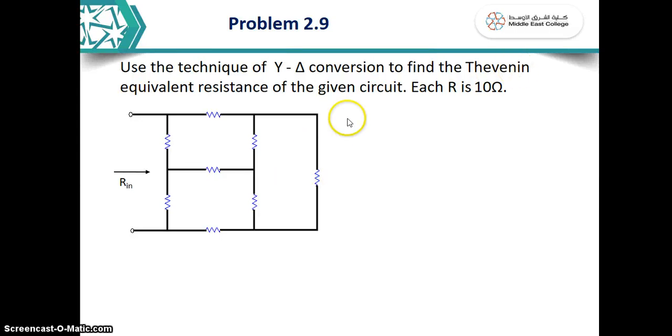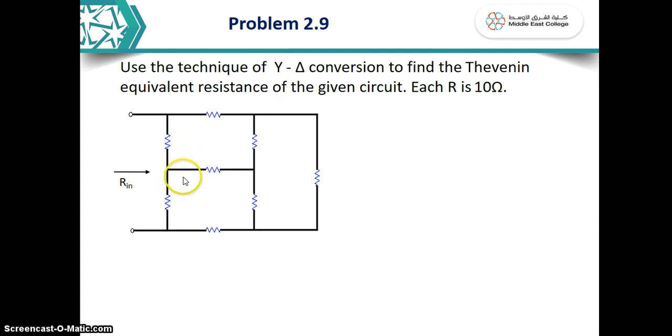In this problem, you have to find the Thevenin equivalent resistance by using Y to delta conversion. In the previous video lesson, I showed you the same problem, how to do it with the delta to Y conversion. So now we will proceed with this problem using only Y to delta conversion. But when you are given a problem to solve, it's according to your convenience. If nothing is specified in the question whether to use Y to delta or delta to Y, you can use any one according to your convenience and solve it.